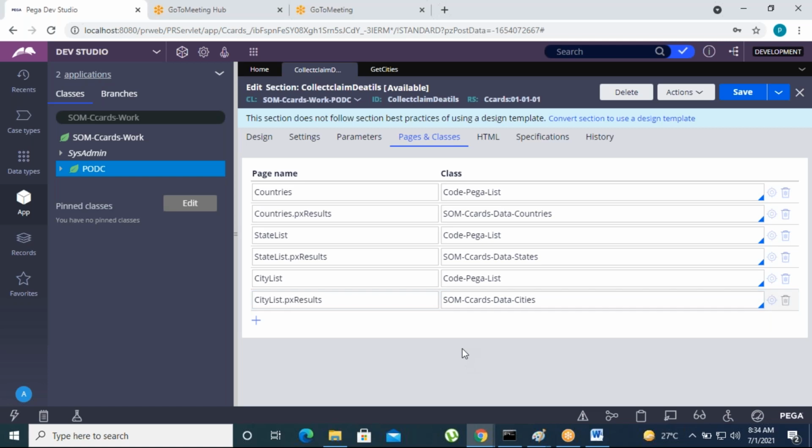Yeah, sorry guys. So this is a structure, right? And we need to add some code pagar list and everything. Okay, so what we need to do, let's go to property now.